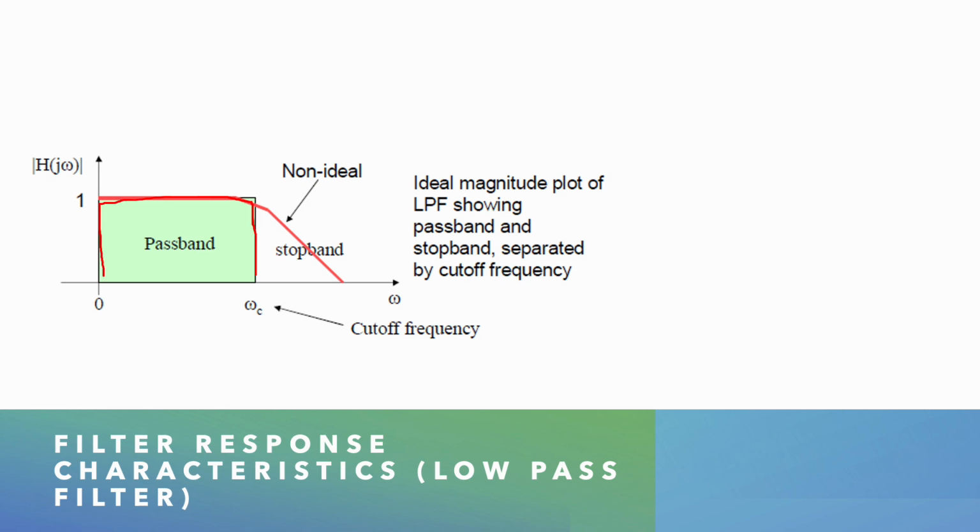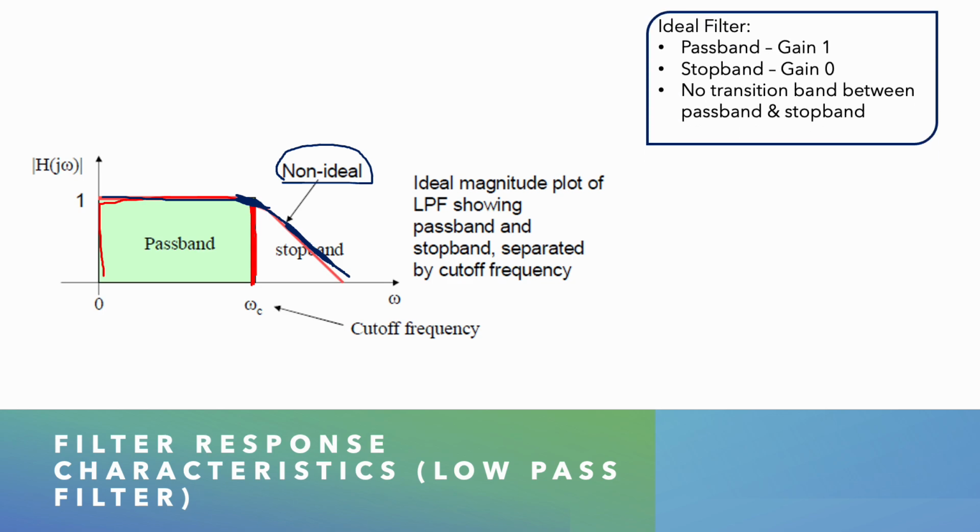There is a very clear separation between pass band and stop band. Whereas if the filter is a non-ideal filter, there is a slope. You can see there is a slope like this between the pass band and stop band. The pass band is going to be a straight line, and between the pass band and stop band there is a slope like this. And in the stop band, it is going to be reduced, because it is eliminated, or it is not allowed to pass through the